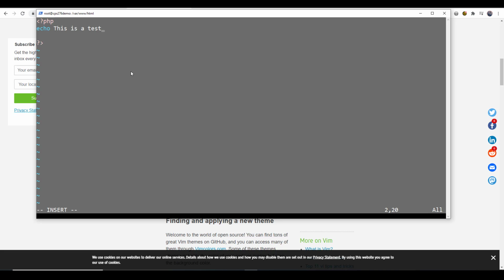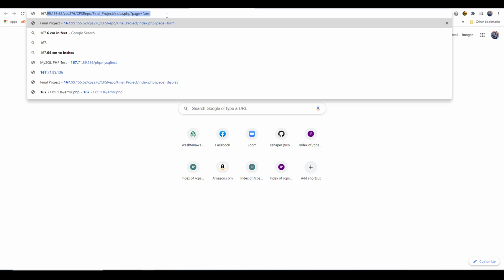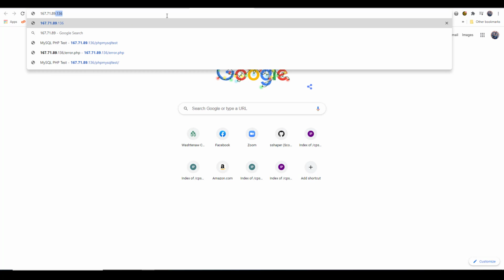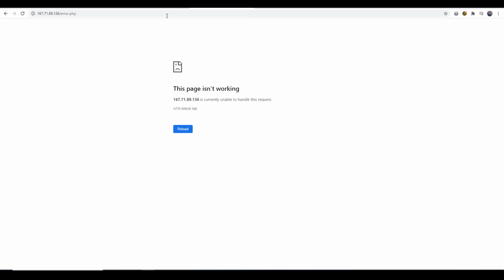I'm going to hit the escape key, and then I'm going to hit the colon key again, and I'm going to hit W for write and enter. Okay. So what it did is it wrote that little line right there to that file on the server. So now I want to go over to my browser window, and I want to check this out. So if I go to 167.71.89.136, and then I go / and I do error.php, which is right there,